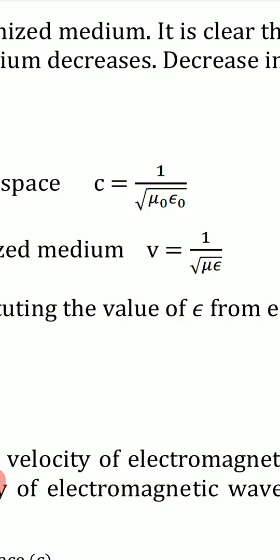Mu is permeability and epsilon is permittivity. Mu is permeability of ionized medium, epsilon is permittivity of ionized medium. Mu 0 is permeability of free space, epsilon 0 is permittivity of free space. And